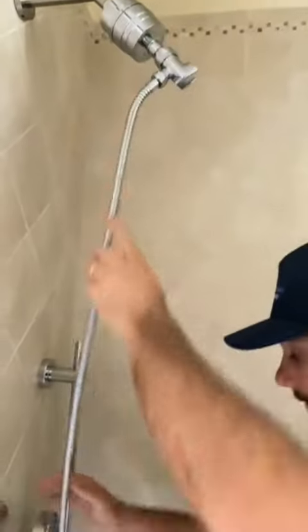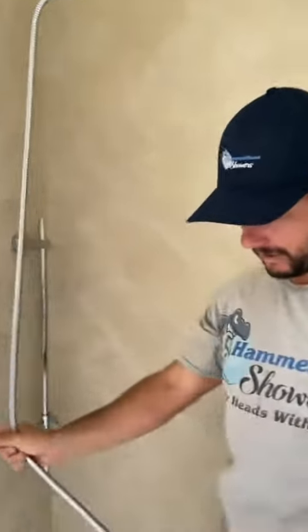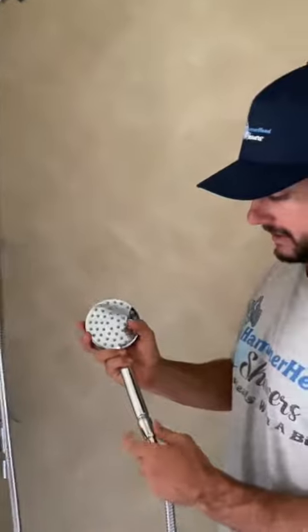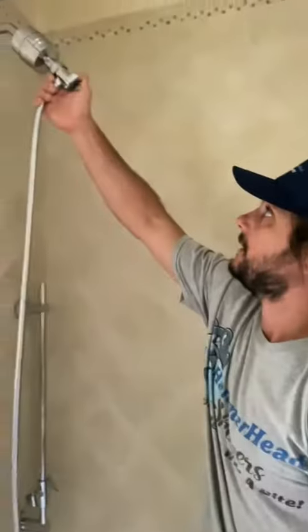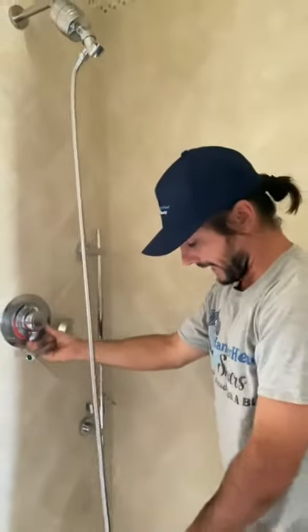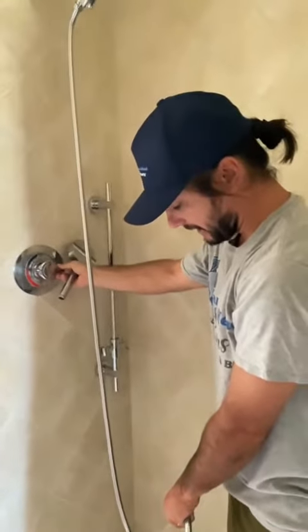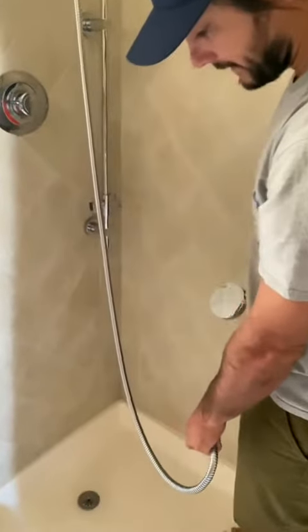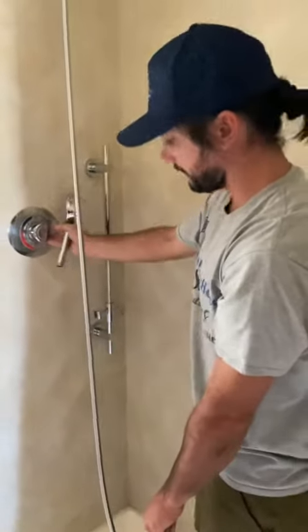Boom. Okay. Actually, what I like to do with new shower filters, I just take the shower head off and run water through it like this, because there's going to be some black stuff that comes out possibly. Maybe not on this one, not a little bit. There's some carbon in there. Just run it with some hot water for a minute, and then boom, now you have a shower filter that's